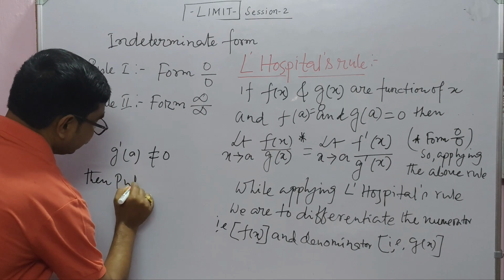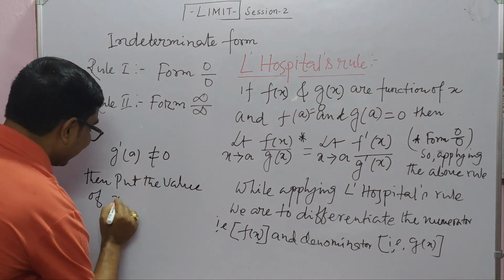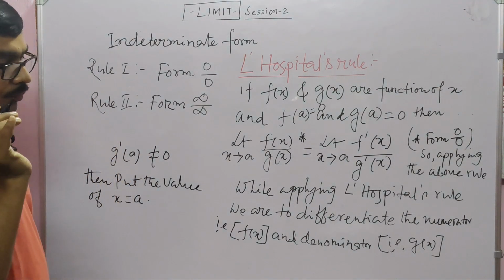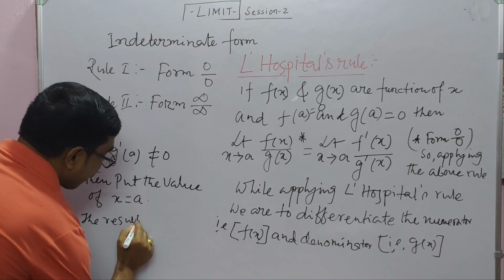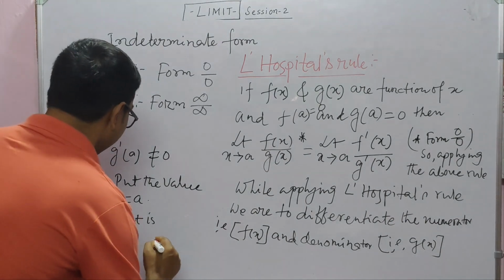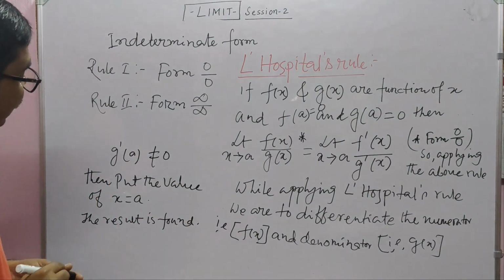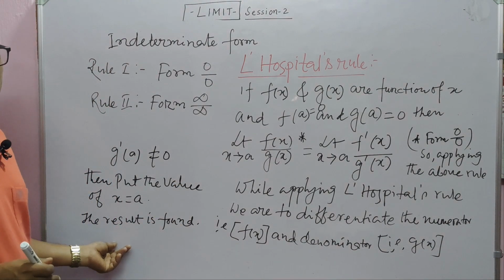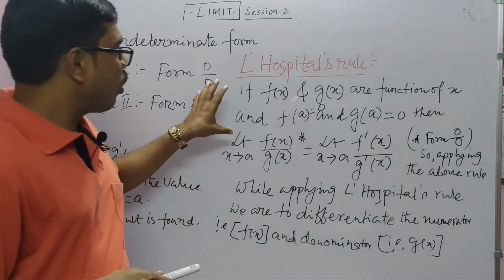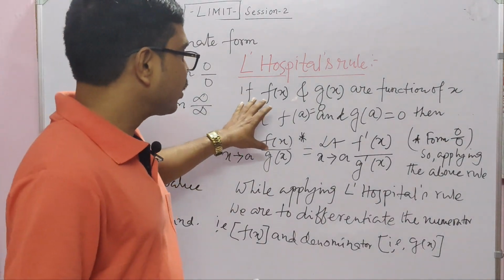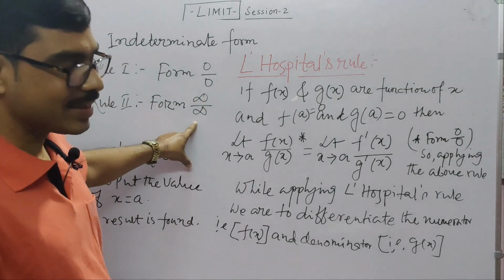put the value of x equal to a, and the result is found. রেজাল্ট ফাউন্ড হয়ে যাবে যে লিমিটের ভ্যালু কত। তাহলে আমরা বুঝতে পারলাম যে l'Hopital's রুলস অ্যাপ্লাই করা যায় যখন ইনডিটারমিনেট ফর্মে 0 বাই 0 ফর্ম অথবা ইনফাইনাইট বাই ইনফাইনাইট ফর্ম আসে।